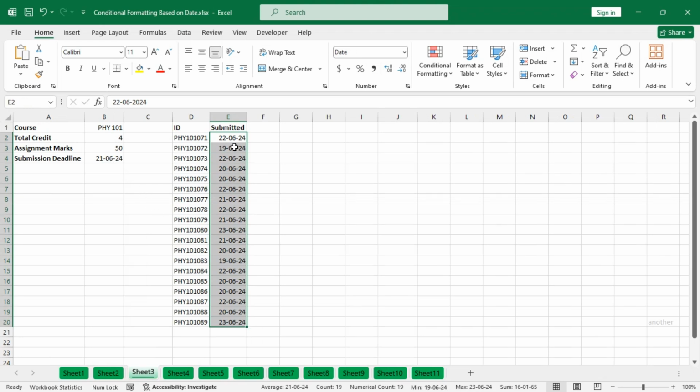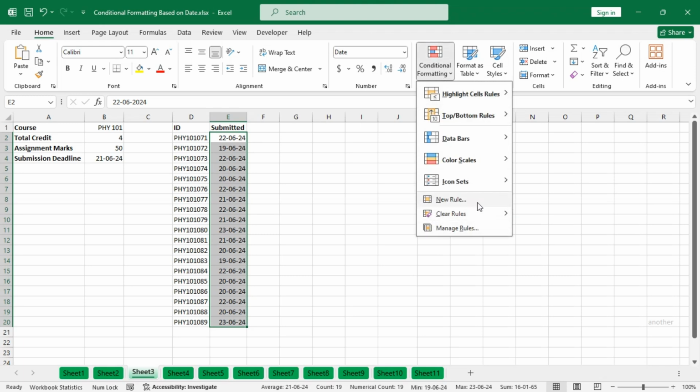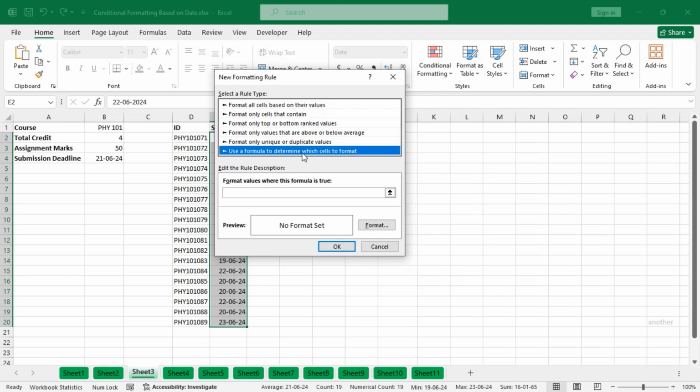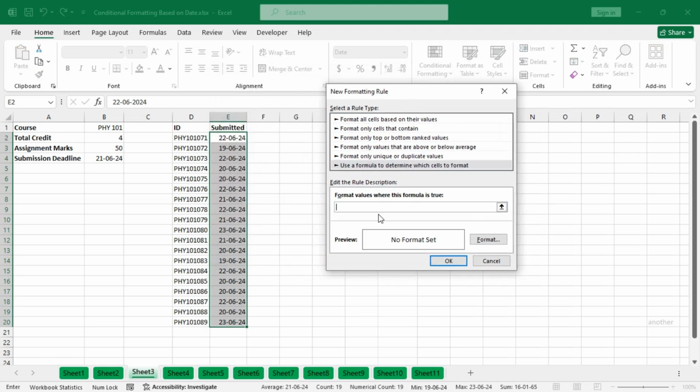In the next example, let's highlight the dates based on a date in another cell. Okay, so we will highlight the submitted dates if they are within the submission deadline. So Conditional Formatting, in this case we will apply a custom rule. So New Rule, then Use a formula to determine which cells to format. Okay, and the formula should be something like this: equal to the submitted date